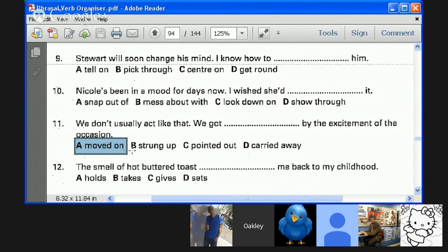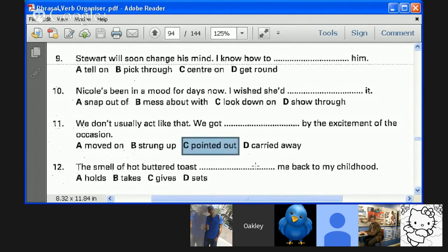I think pointed out. And no. You point out. I'm going to point out to you what this means. If I point something out, I direct your attention to it. Hey, look over there in that tree. There's a parrot. I'm pointing it out. I may be actually literally pointing with my finger. So I need to point out to you that that's not what he said at all. I can point out to you a fact or something someone said. So I can point out something quite physical or something quite abstract, no matter.